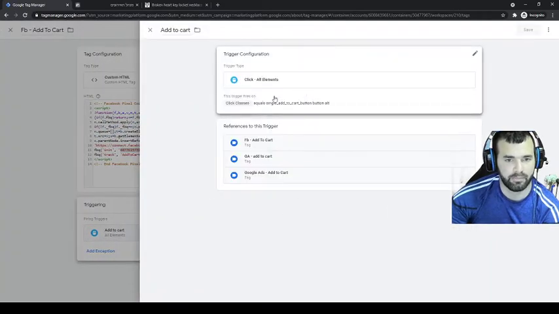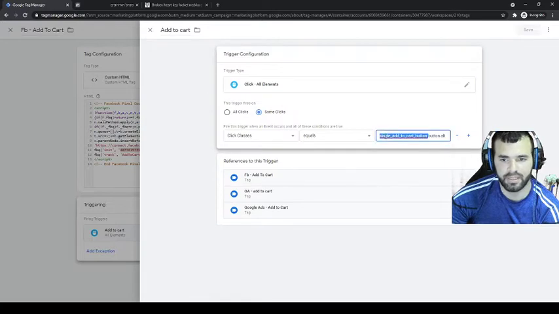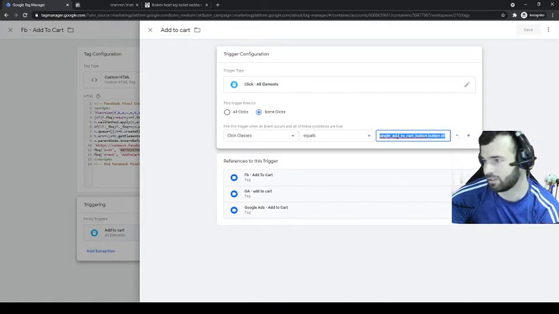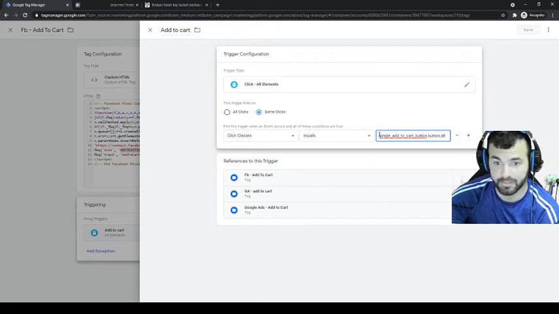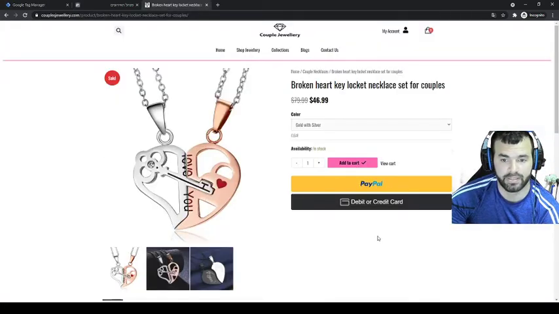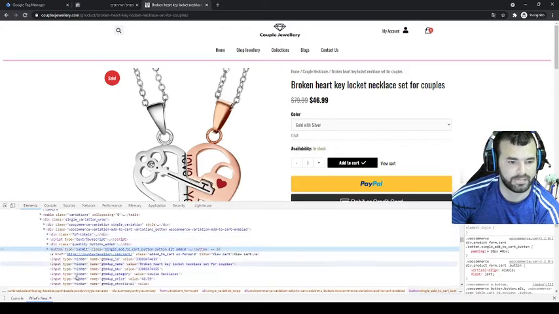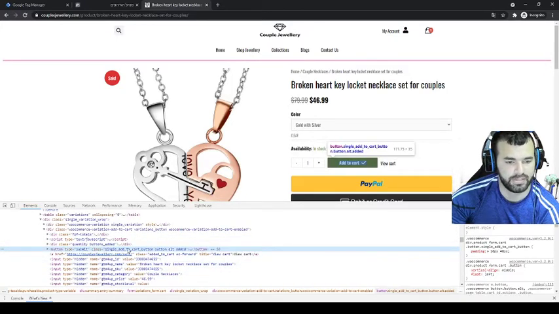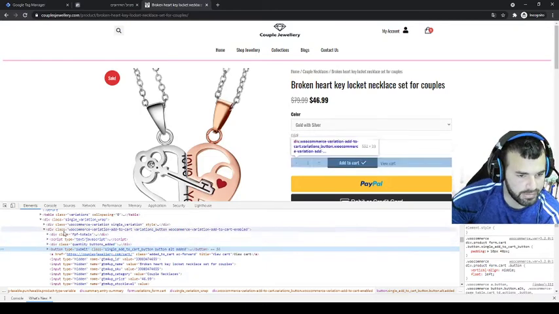Now I click the element. This I use the click class. How do I do it in my website? Maybe it's not the same on your website, but let me show you how to do it. I click here and inspect. If you see, class submit single add to cart button, alt edit, but I don't use it. I use,